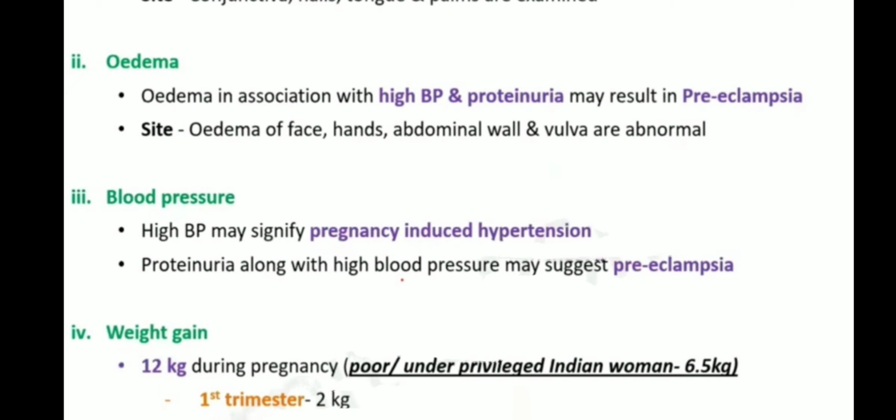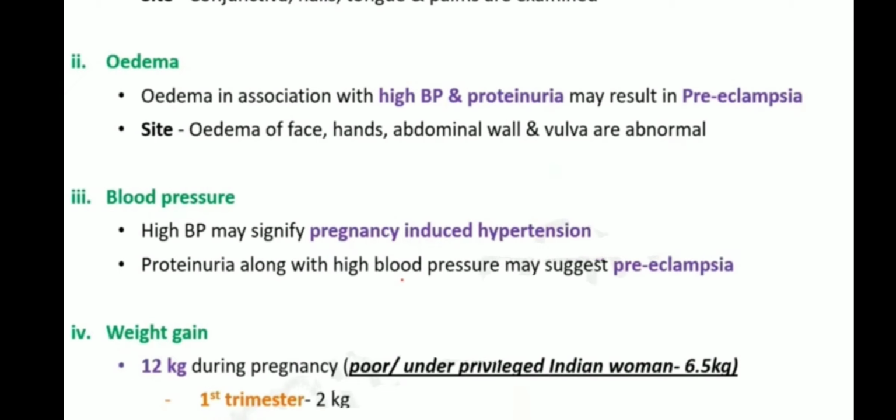So as doctors, we also have to be aware of what is normal during pregnancy and what is abnormal. So we know that the edema which is occurring in the evenings will disappear in the morning after she's having a full night's sleep, a good sound sleep. When she wakes up in the morning, the edema goes away. Then it is a common manifestation of the pregnancy.